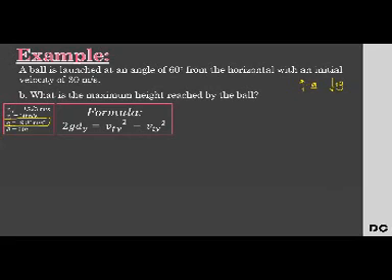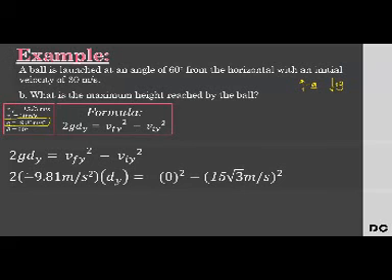Okay, so using the time-independent formula, because there is no specific time interval, 2g dy is equal to final velocity square minus the initial velocity square. So gravity is equal to negative 9.81 times dy, which is the unknown, is equal to final velocity, which